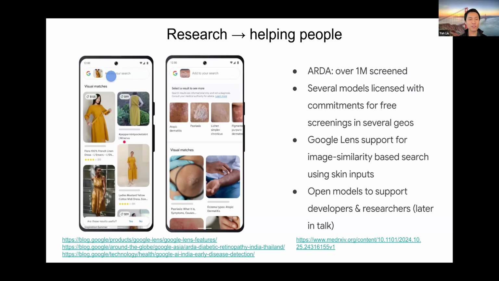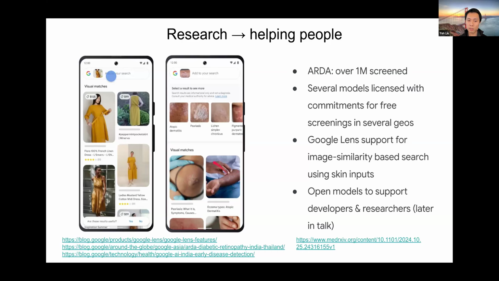Now we knew that people were trying to take photos of patterns, rashes, and other things that were appearing on their skin. But at the time, the app was not able to support this. So we worked with a team and, incorporating some of the learnings that we got from some of our dermatology AI work, we helped enable a similar image-based search experience for skin-related conditions.